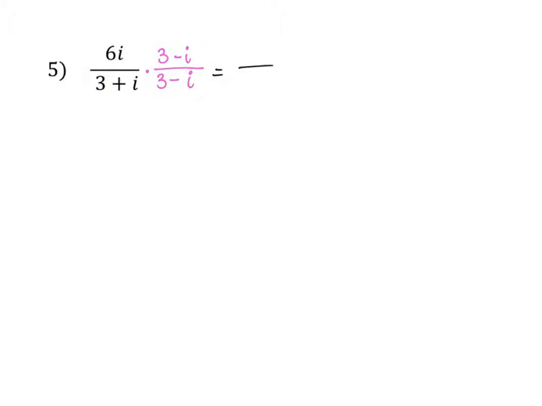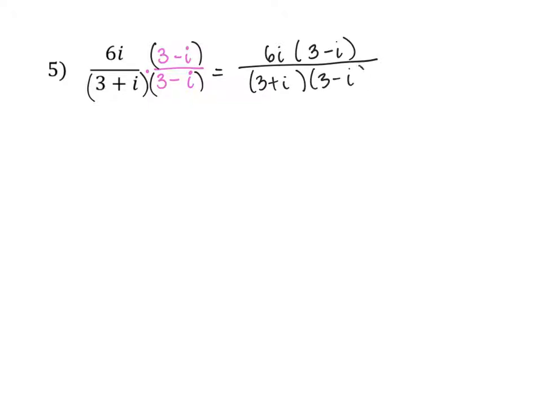What I like to do when I'm setting this up is wrap parentheses around my expression. So I'm going to put parentheses around the 3 minus i, bring the 6i over, and I'll multiply that in a minute. And I'm going to wrap parentheses around the 3 plus i and the 3 minus i. So I'm going to distribute on the top and FOIL out the bottom. So the top here,